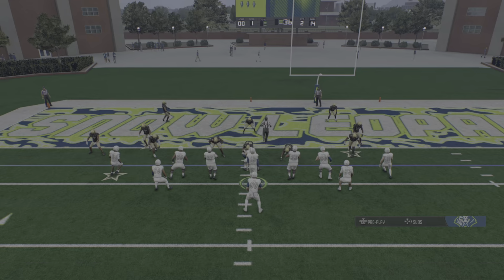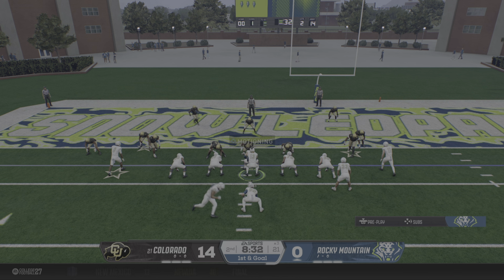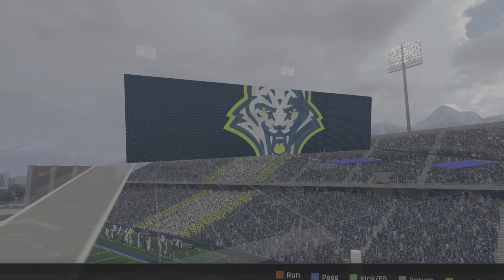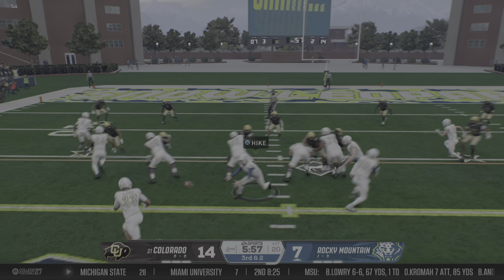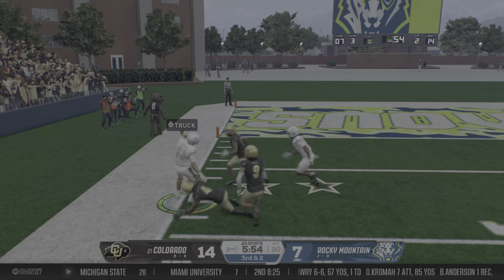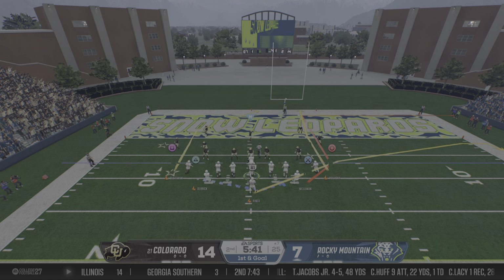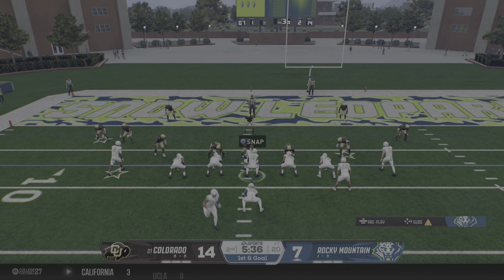And now the Leopards, moving the sticks through the air, come to the line. Gets the back moving. He's going for the goal line. Play number 7 on this drive, and it'll be 3rd and 2. Could be an alley. He steps out of bounds, but not before he has enough to set him up 1st and goal. And now the Leopards pounded the rock to move the sticks, now back to work.